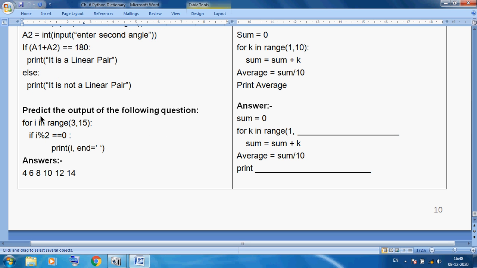Now predict the output of the following question. Okay, this is our program, and we can run this program and write the output. So first, for i in range 3 comma 15: 3, 4, 5, 6, 7, 8, 9, 10, 11, 12, 13 and 14. This program will check only even values from 3 to 14, because here I am